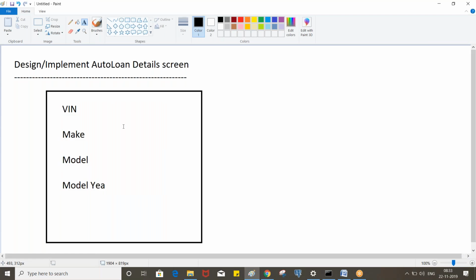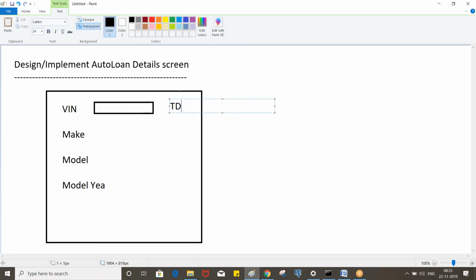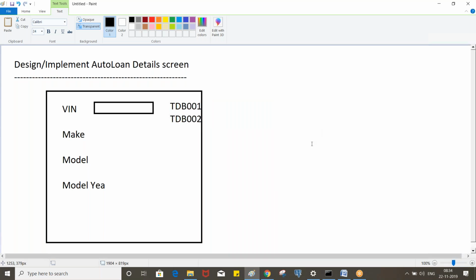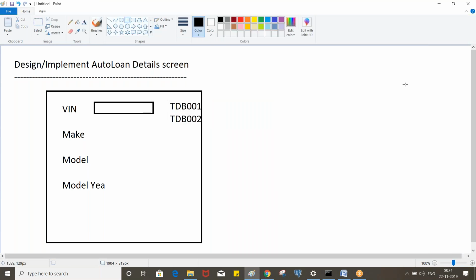In the VIN you will have the values. This will be the drop down property, so we'll put the values, let's say TDB 001, TDB 002, like this. And we'll have the corresponding VIN details in the database.